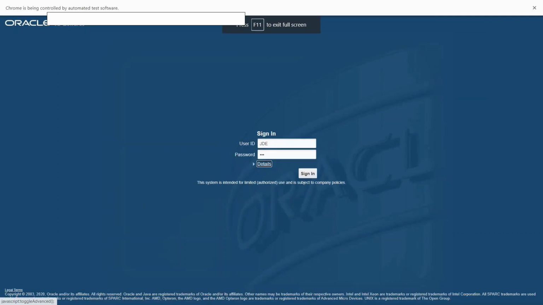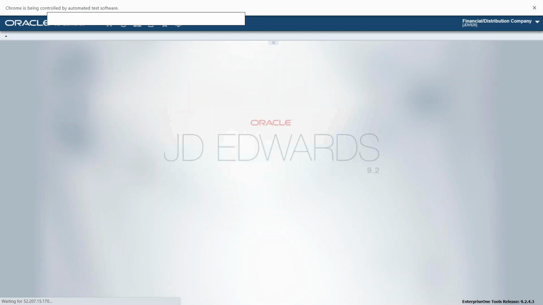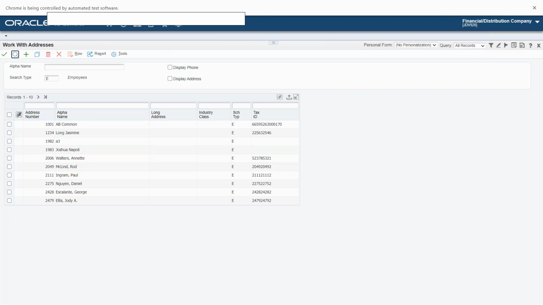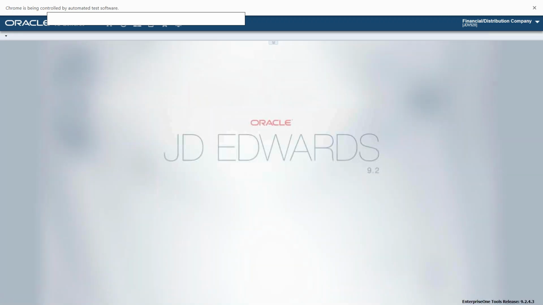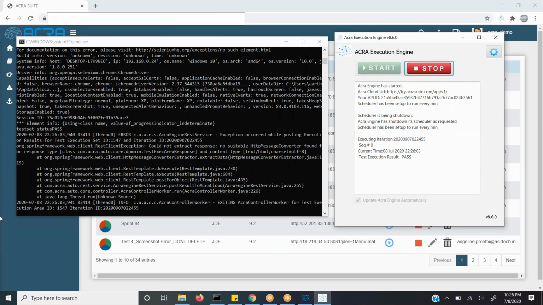Now the engine has triggered the execution. So once the execution is over, it will show the result in the engine GUI.